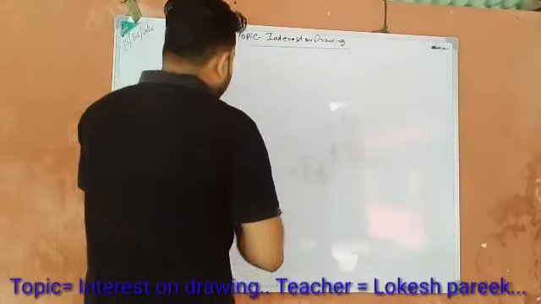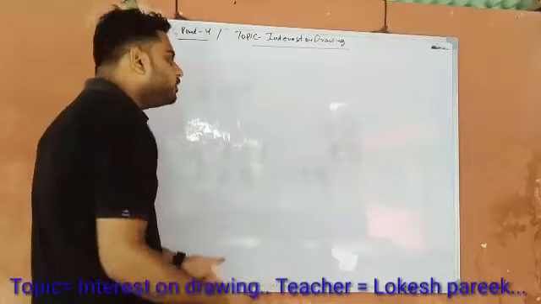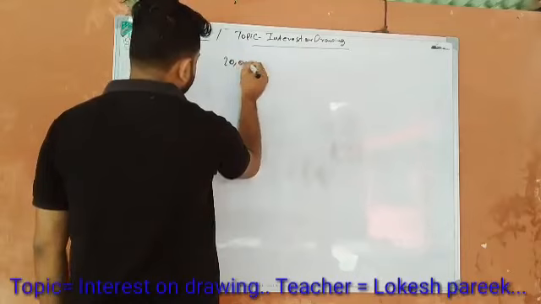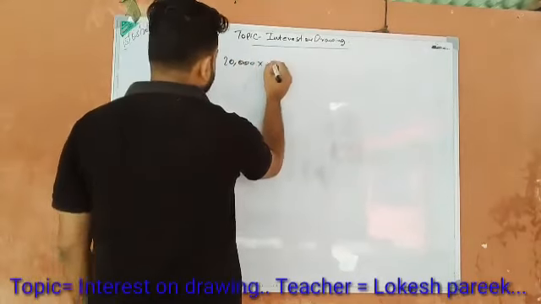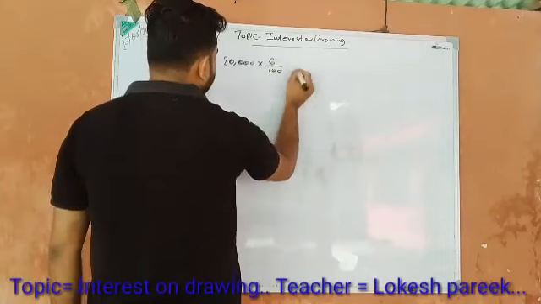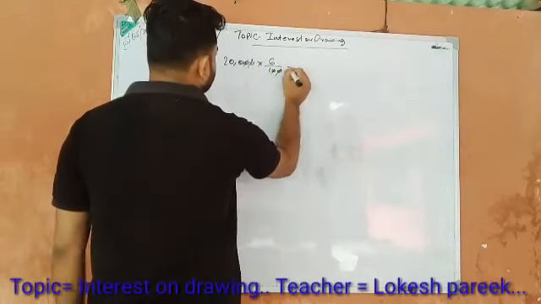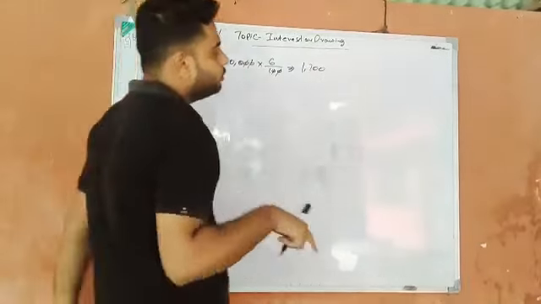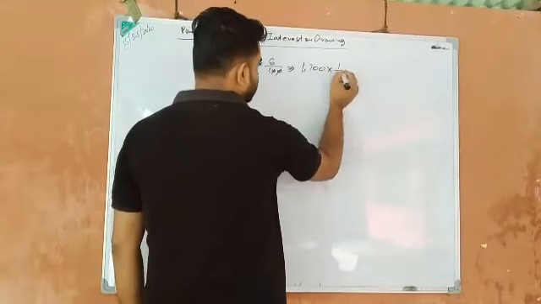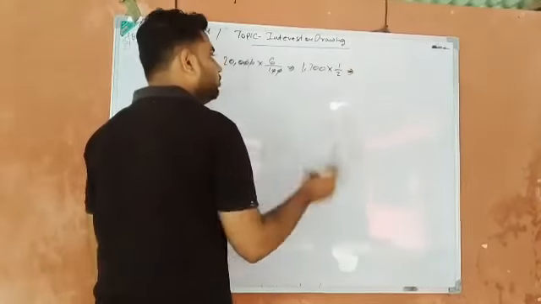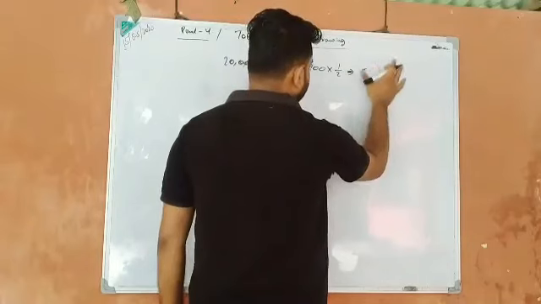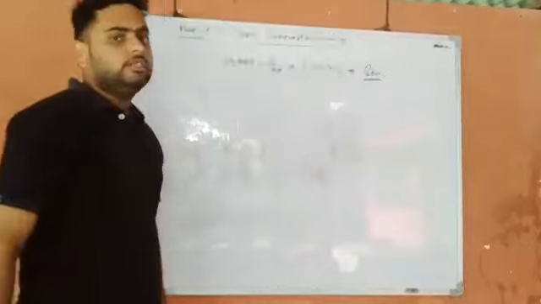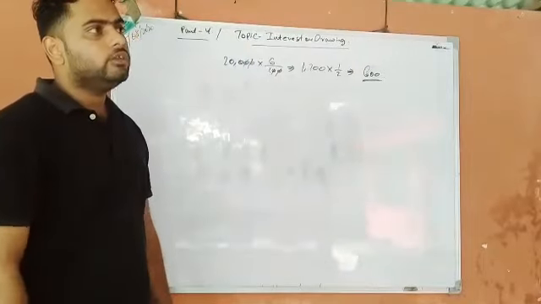For the random one, we must know what is the total drawing. For example, if total drawing is 20,000 and the rate is 6%, assume it's 1200 basically, but this will not be the interest on drawing. We have to make half of it. Only half value of drawing actually accounts to interest on drawing. So in this case, it will be 600. This is the random one. I'm giving an example.